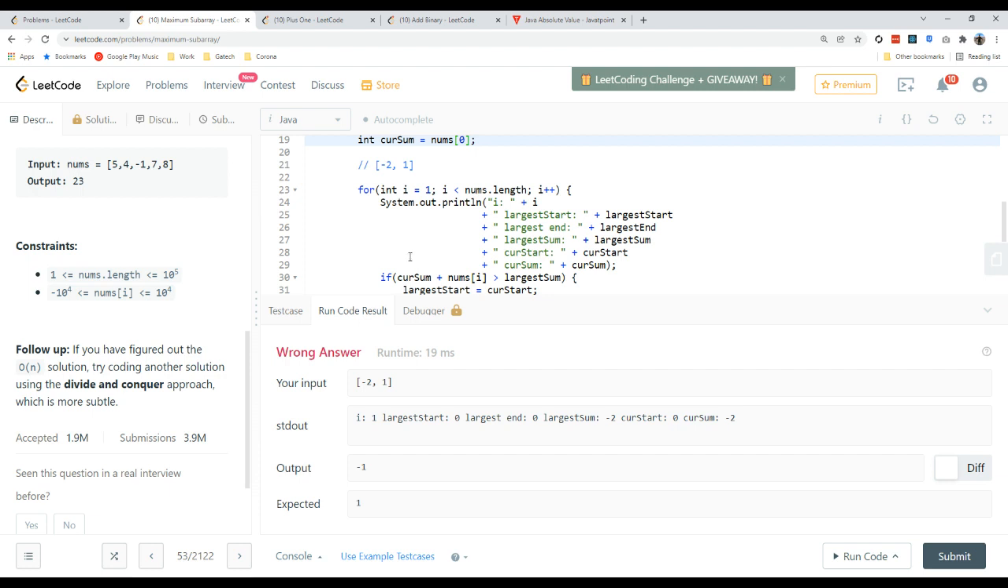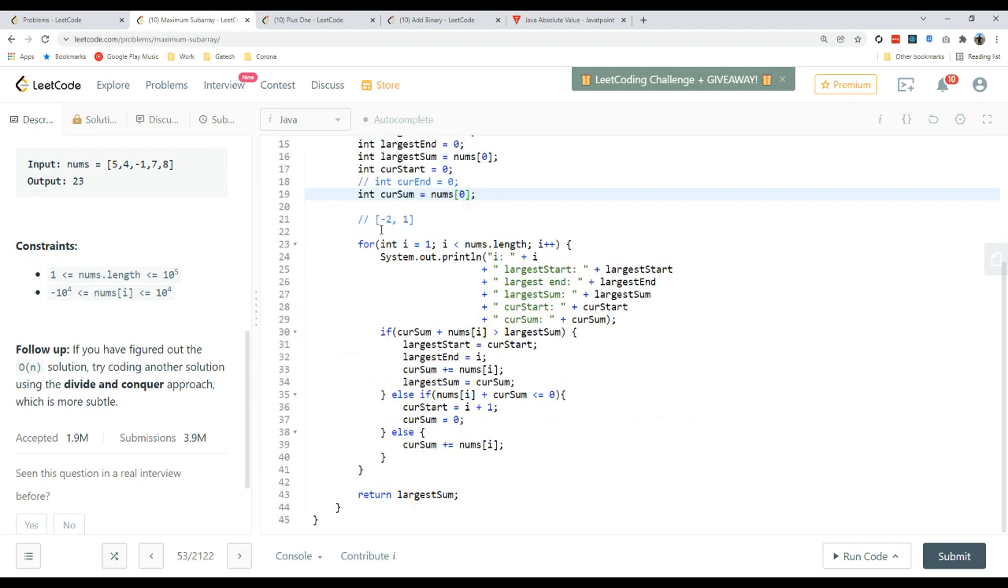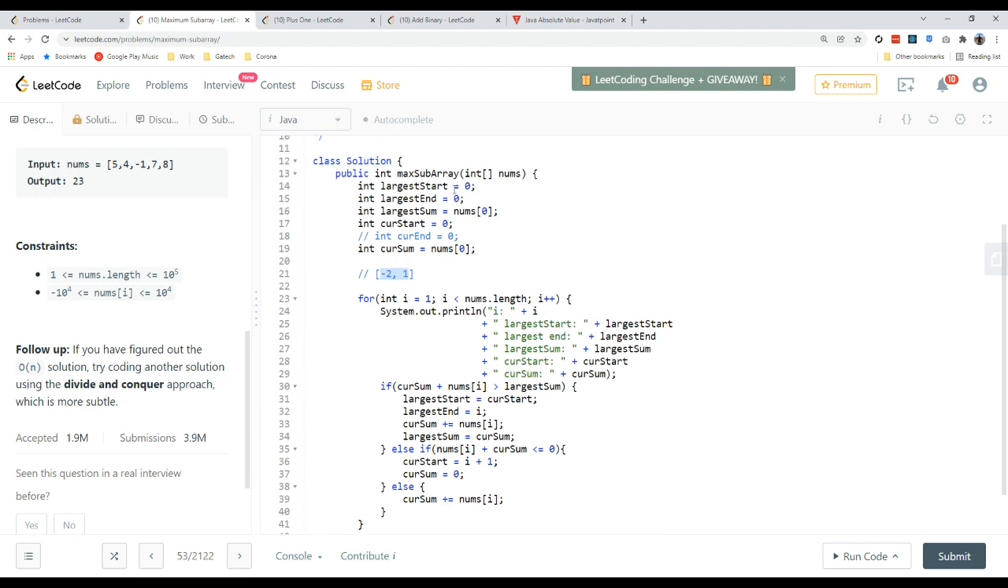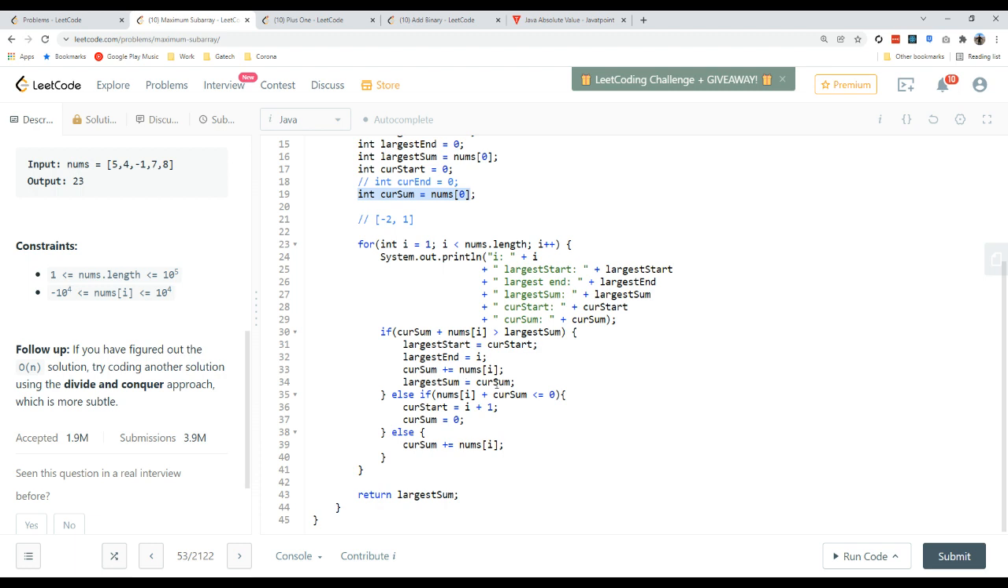Okay, so let's think this through. Okay, so let's ponder this here. So we've got -2 and 1. We're starting our largest start at 0, largest end at 0, largest sum at the beginning is just the first element. Current start is 0, which makes sense because we may need to include that in our run. Current sum is nums at 0. So do I need to